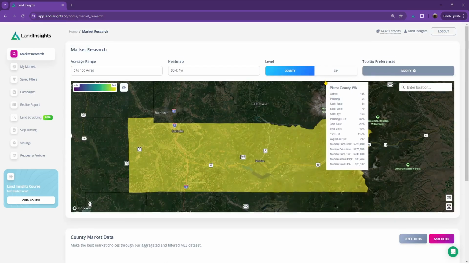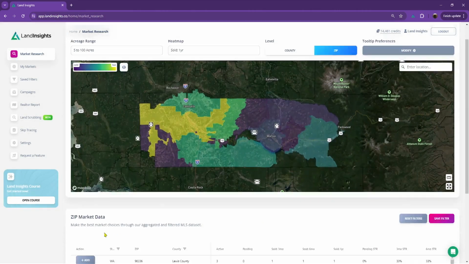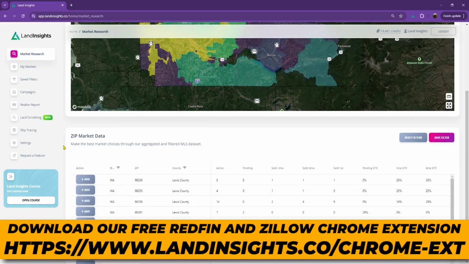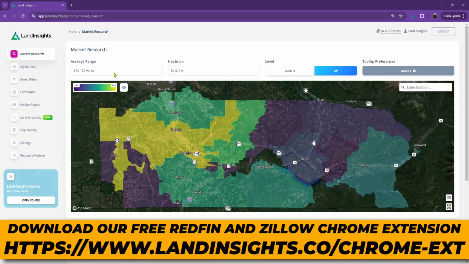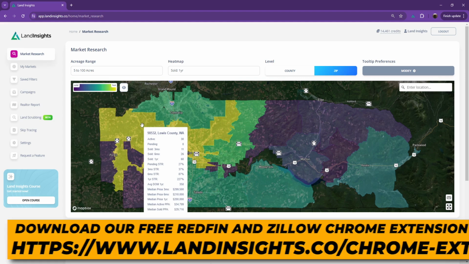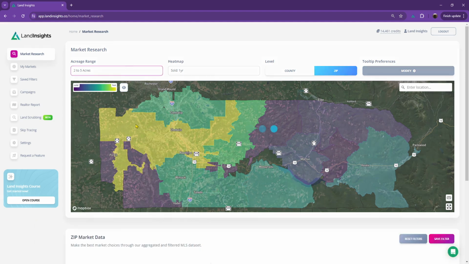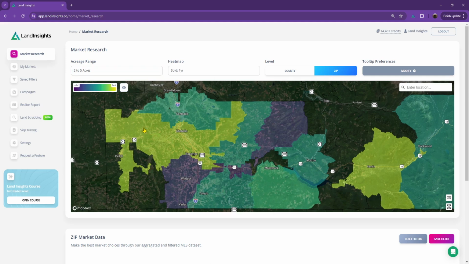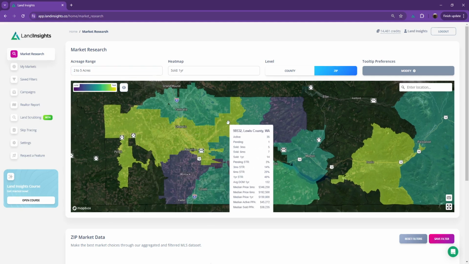Okay, once I'm here, I want to move to the zip code level. Any filters that we had, other than obviously the state and the county, will be removed. But now we're looking at the zip codes. You'll notice I'm still on a 5 to 100 acre range, so I'm looking at these zip codes individually in their entirety. But if you do want to analyze acreage range by acreage range, this is where you can really refine your market research and look at the data within one zip code at a time